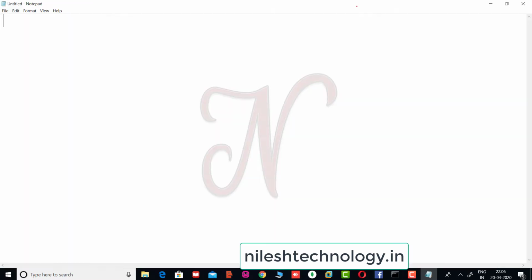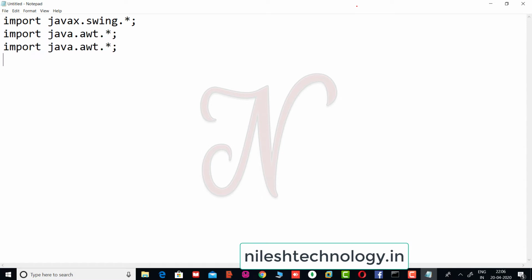So the next program is that we have to create one login form. So in that form we have to use one username, password, and 3 buttons: login, clear, and exit. Okay, so here we can create this form. First we have to import some packages, javax.swing.*. Okay, then import java.awt.*. Okay, and then for the listener, java.awt.event.*. Here we can create one class Login which extends JFrame. Okay, here we can create one constructor and one main method.